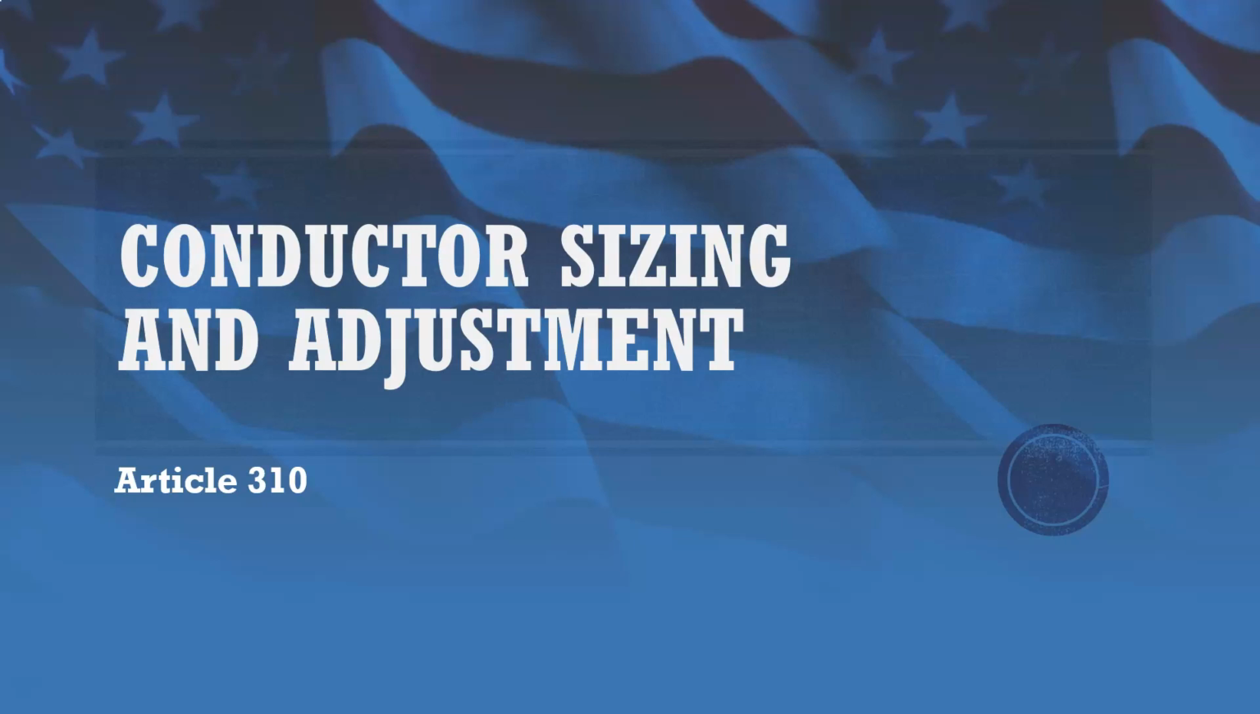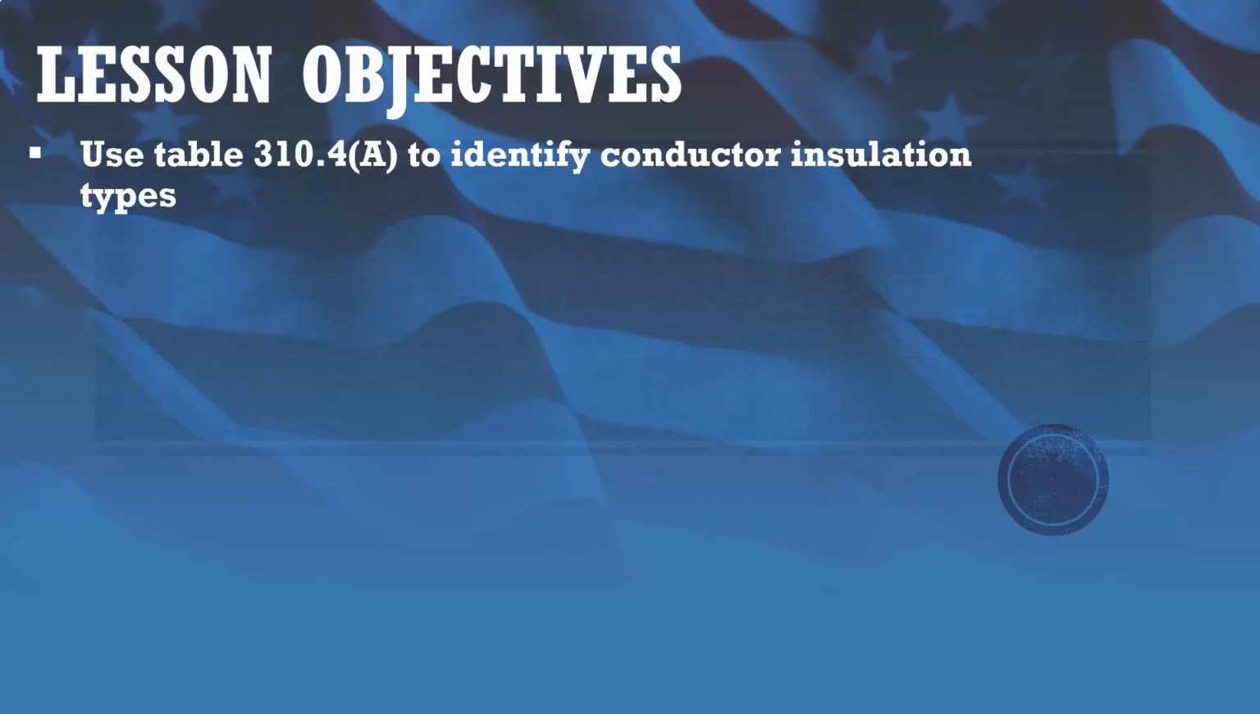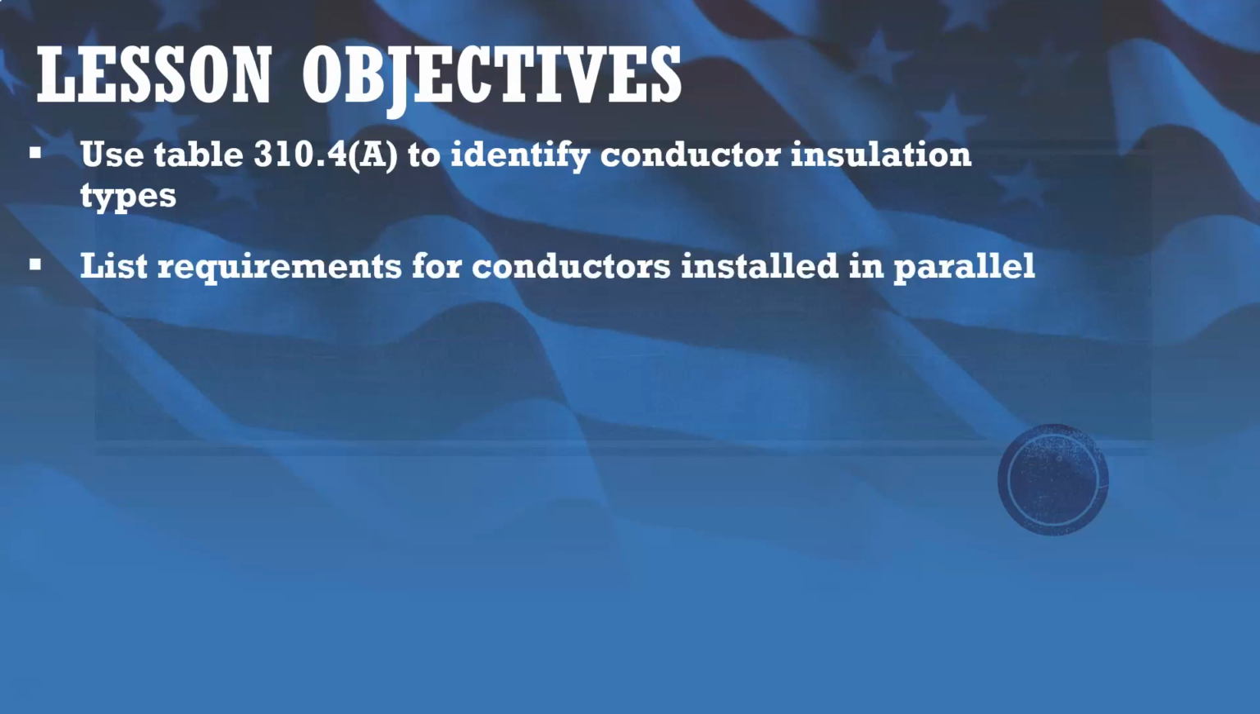Alright, this is going to be our second lecture of Module 2. In this lecture, we're going to be going over conductor sizing and adjustment. And this is going to be in Article 310, which is going to start on page 144 of your 2017 NEC. So our objectives for this lesson, we're going to use Table 310.4a to identify conductor insulation types, list the